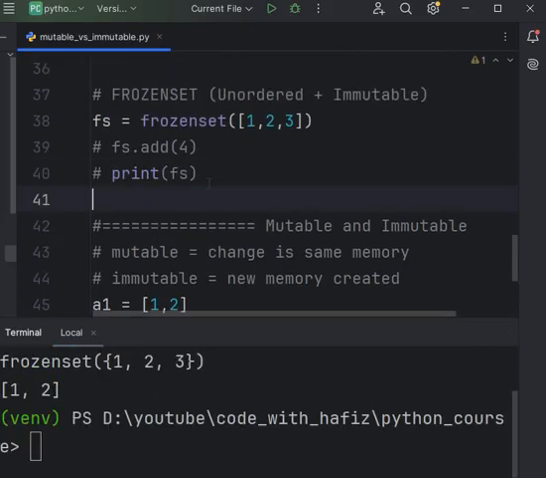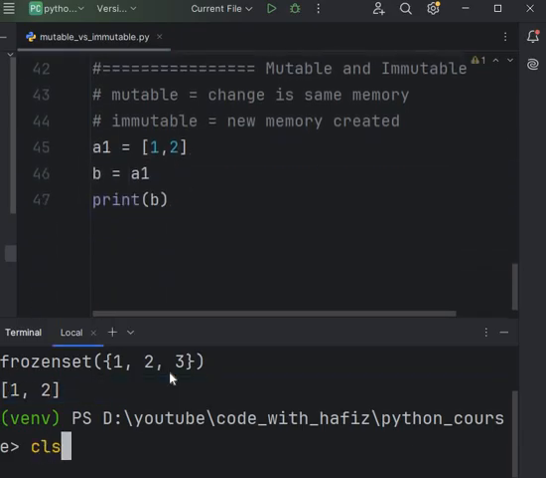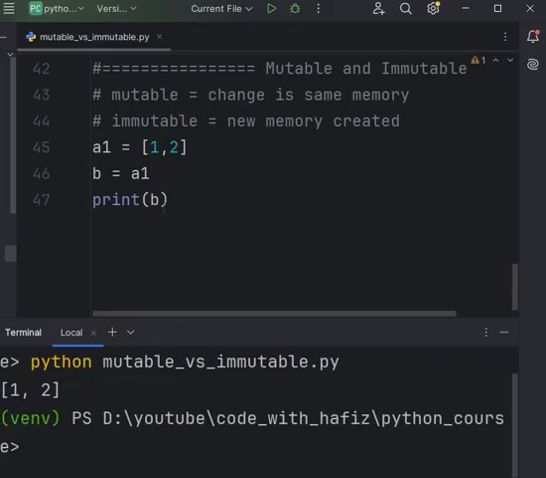Let me comment this. So I am getting 1 and 2. When I print the B, so we assign the A1 to the B and we get the list of A1